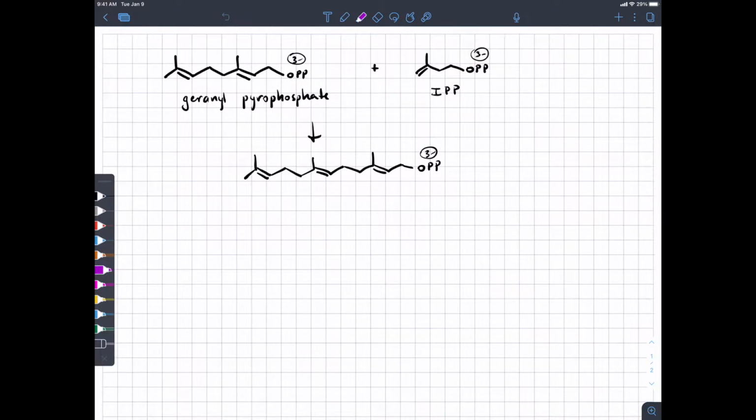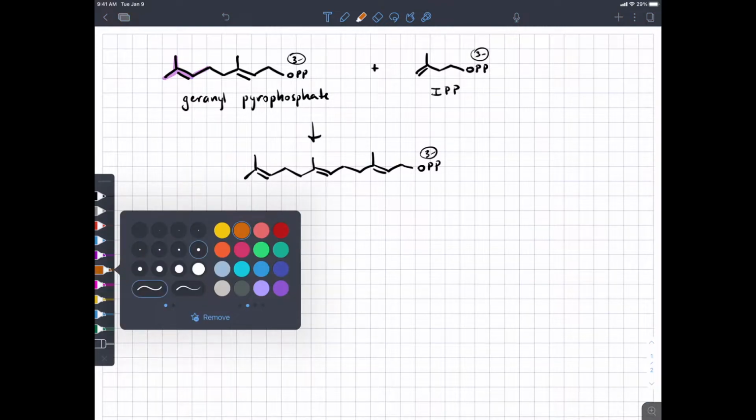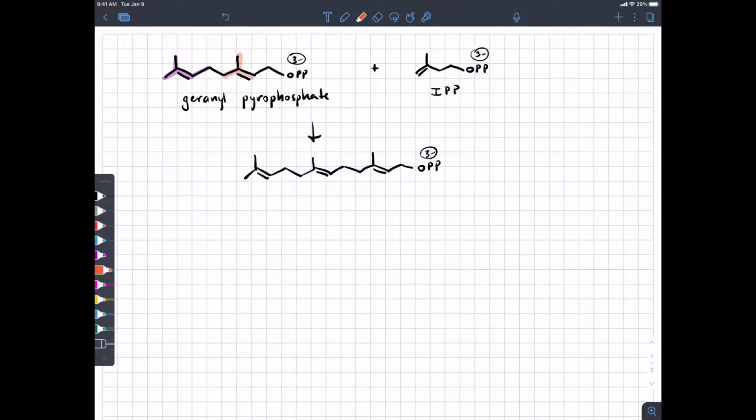the molecule geranyl pyrophosphate reacting with a molecule of isopentenyl pyrophosphate to give you a 3-carbon. I'm sorry, I can't stand that color orange. That's kind of gross. All right, let's try again. That's a little better. 2 isoprene units in geranyl pyrophosphate, and then we're going to bring the 3rd isoprene unit